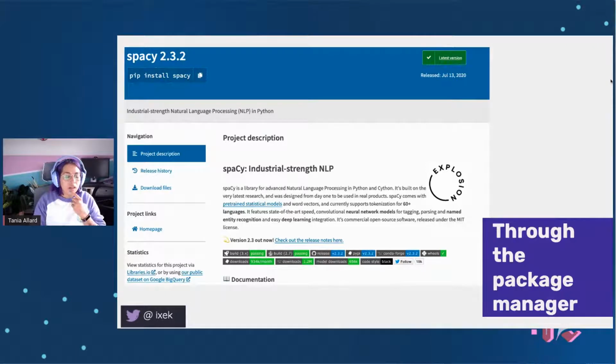But it's not only developers. My dog is being a terror. Not only developers, but also